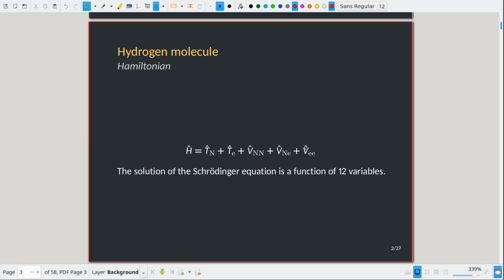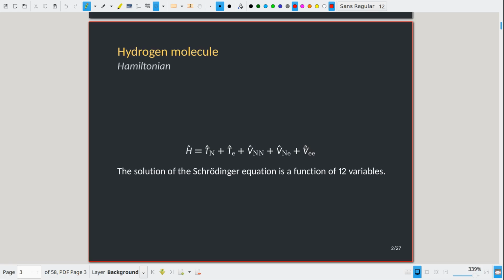So as you can see, there are several terms, and because we've got two nuclei and two electrons, each of them will have three Cartesian coordinates describing their position in space. So in total, our solution to the Schrödinger equation is a function of 12 variables with this very complex Hamiltonian describing it. However, we can start introducing certain